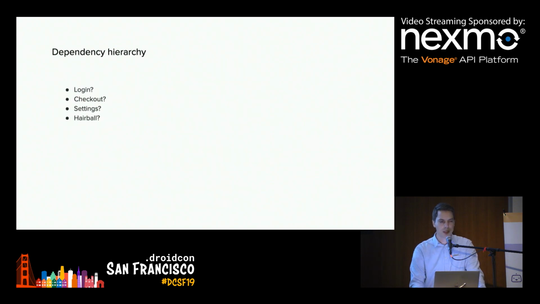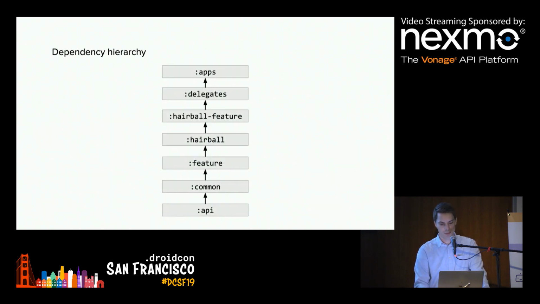For example, what is login? Is login a feature or is it common code? Other features depend on login and on the account status. So should it be common feature? I don't know. And also the hairball doesn't really fit into this picture. The hairball contains features, but also common code at the same time. So what should we do about it? I think you can guess that the picture I showed you wasn't really the reality of what we had at Square. The reality looked more like this, and